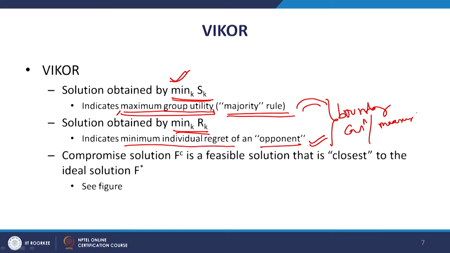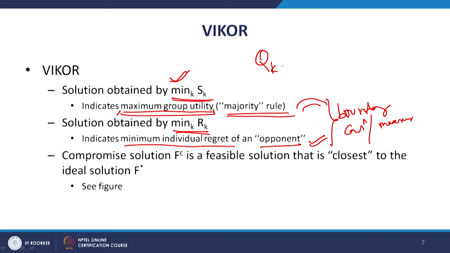So, these are two scenarios, the SK and RK that we talked about, and how they are going to be incorporated in the particular measure that we are going to use in VIKOR. So, we take min K of SK and the min K of RK, and these are used as boundary measures. In the final measure QK that we are going to talk about in the coming slides,